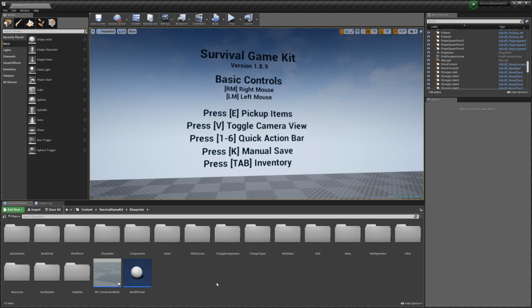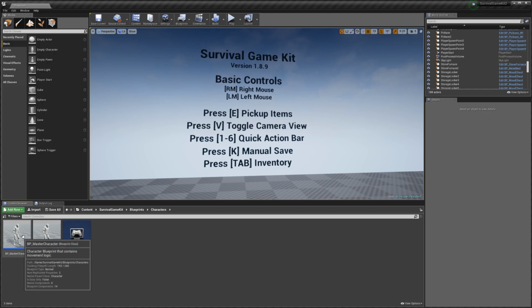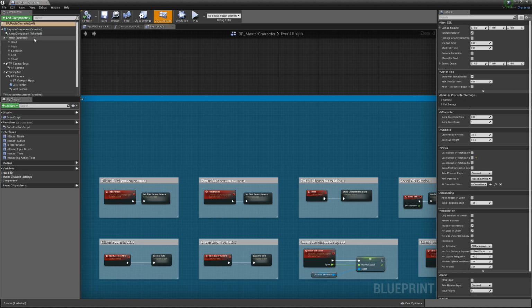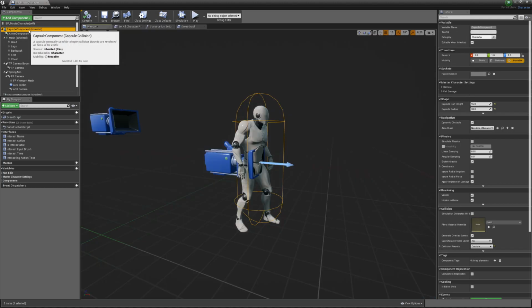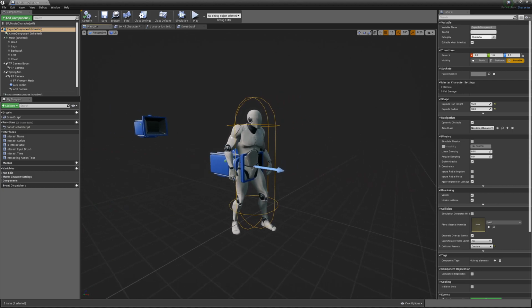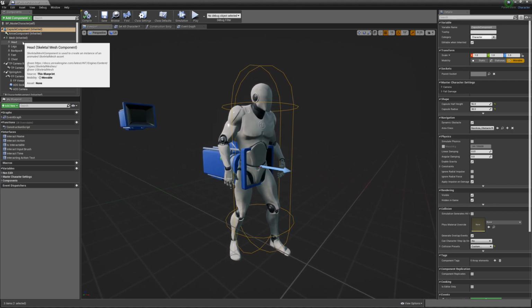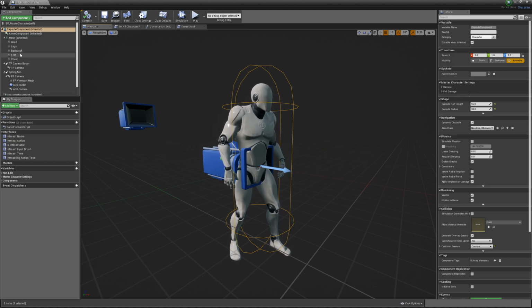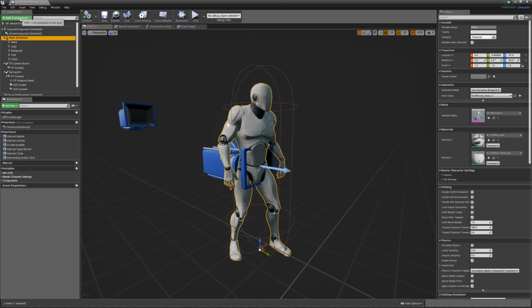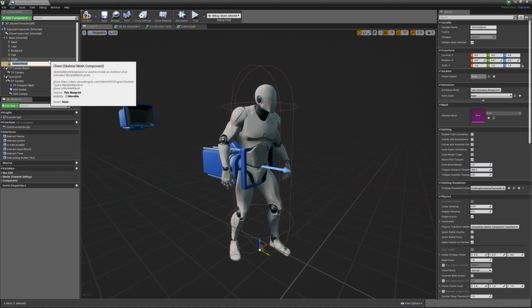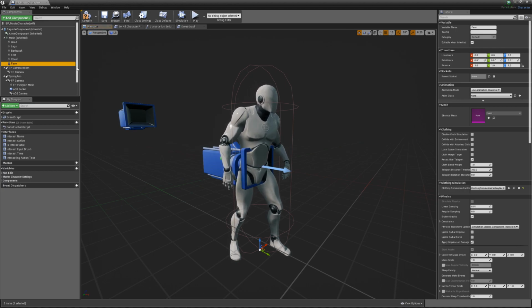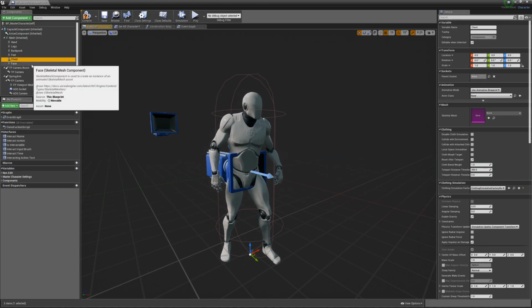So the first thing we're going to do is add some components to our master character. So we're going to go to our master character, double click one of our components to open it up, and in here we're going to add a new skeletal mesh to go along with the included ones. So I'll select our mesh component, go to add component, then go to skeletal mesh, and I'm going to be doing a face slot, equipment slot, so I'm just going to call mine face, like that,